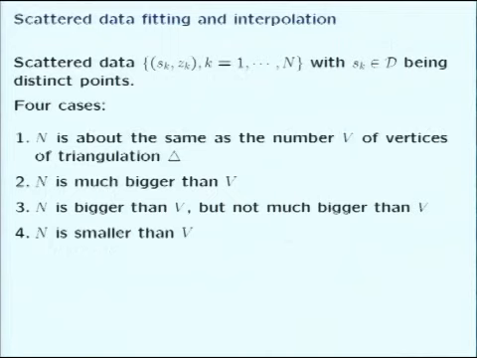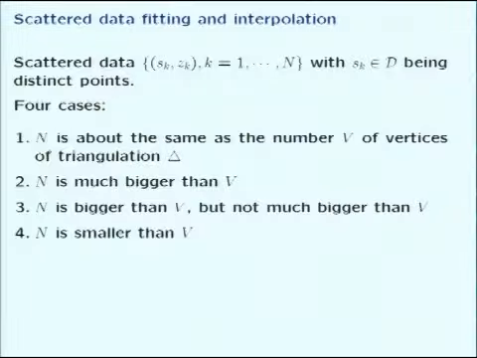Now when we have data points at certain locations, so observations zk at locations sk, we have 4 cases here. I mean, this is very empirical again. This is roughly what we can decide according to what we observe. Okay, so say if we have n, the number of locations, about the same as the number of vertices, that's case 1. If n is much bigger than the number of vertices, that's case 2. And the last 2 cases actually won't be addressed, but we can talk a bit about them.